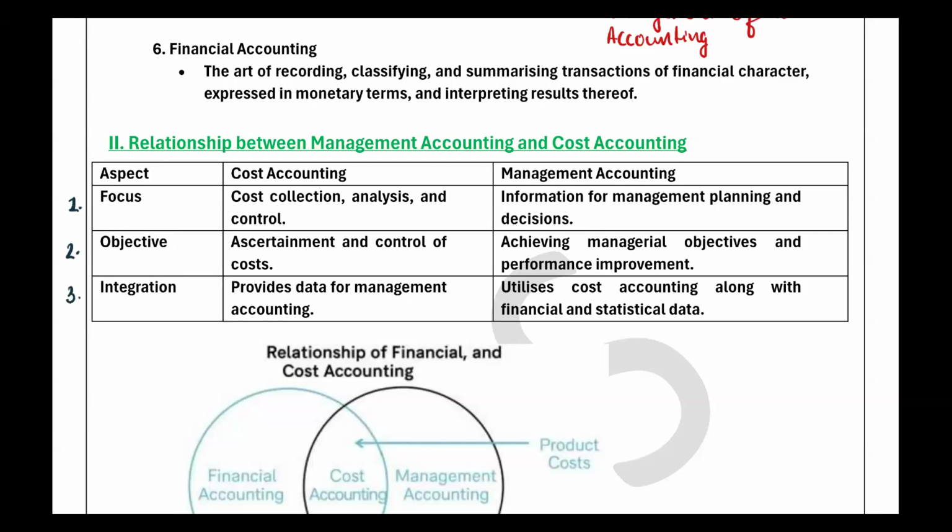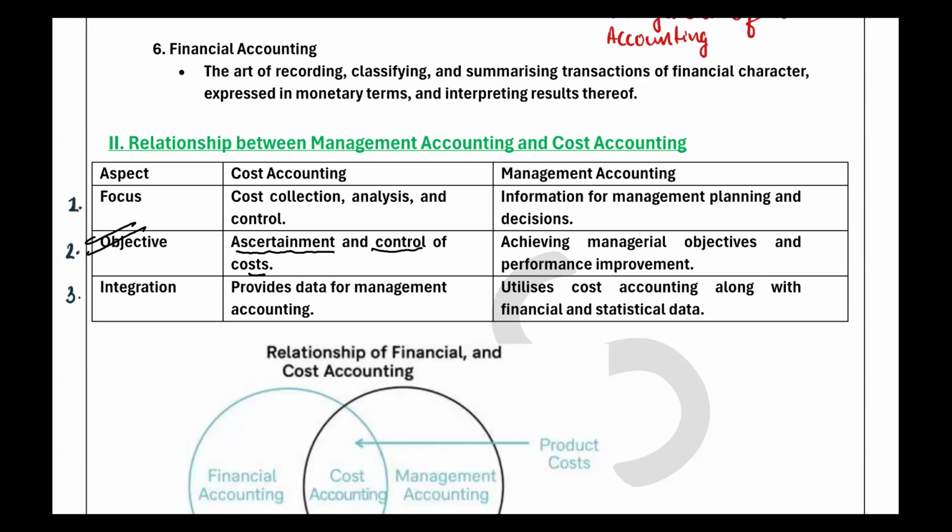What is the objective of cost accounting? It is the ascertainment and control of cost. This is the only objective. At different stages, what is the cost? Costing techniques will be involved, and according to that, they will ascertain at every level what the cost was, and they will collect it together and present it to the company accounts, right?